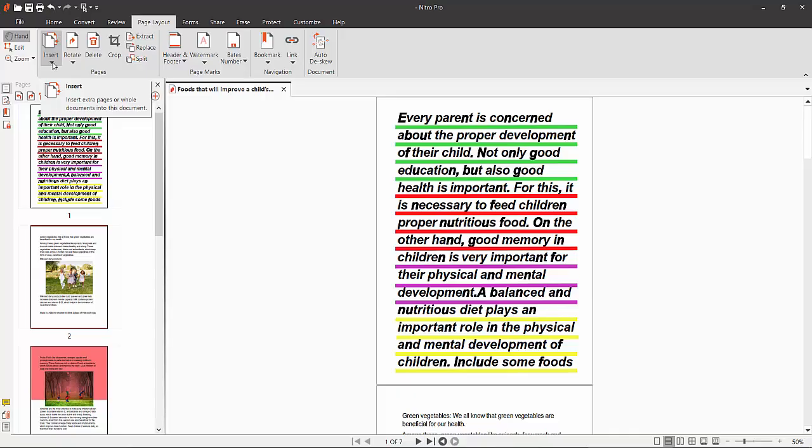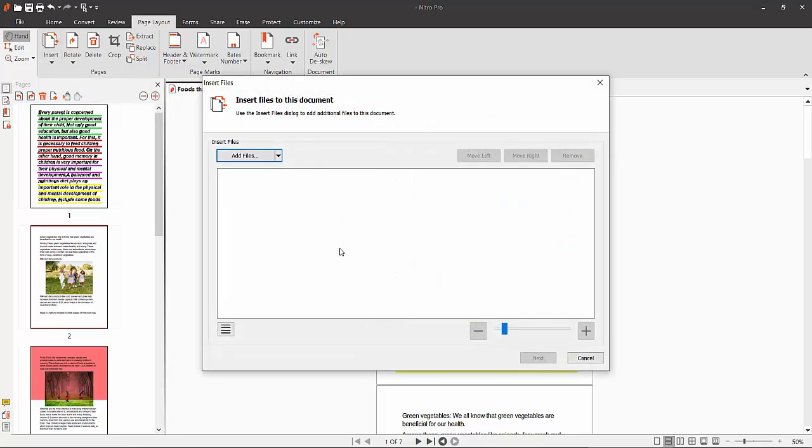Click this Insert down arrow and select Insert from File. You can insert from scanner, clipboard, and also insert a blank page. I'll insert and paste the page, select Insert from File, and select Add File,